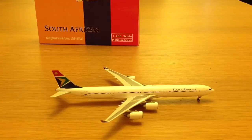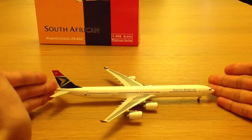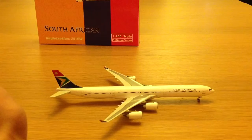One of the reasons why I decided to buy this plane was, first, because of its livery, and second of all, because South African Airways is like the gateway to Africa, and its main hubs are Johannesburg and Cape Town. This one specifically does international flights to London Heathrow, New York, Washington,